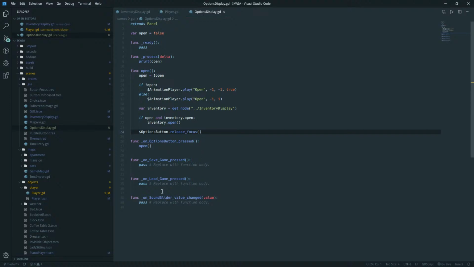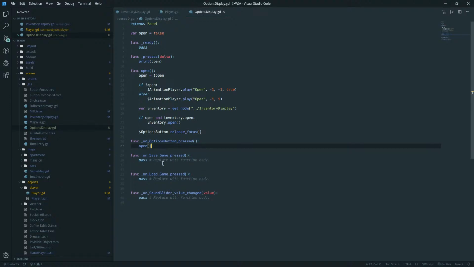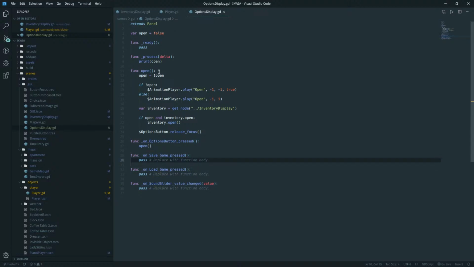Cool. Okay, so we have a few stubs that we're working with here. And the main important one that we are looking at is the save game pressed.